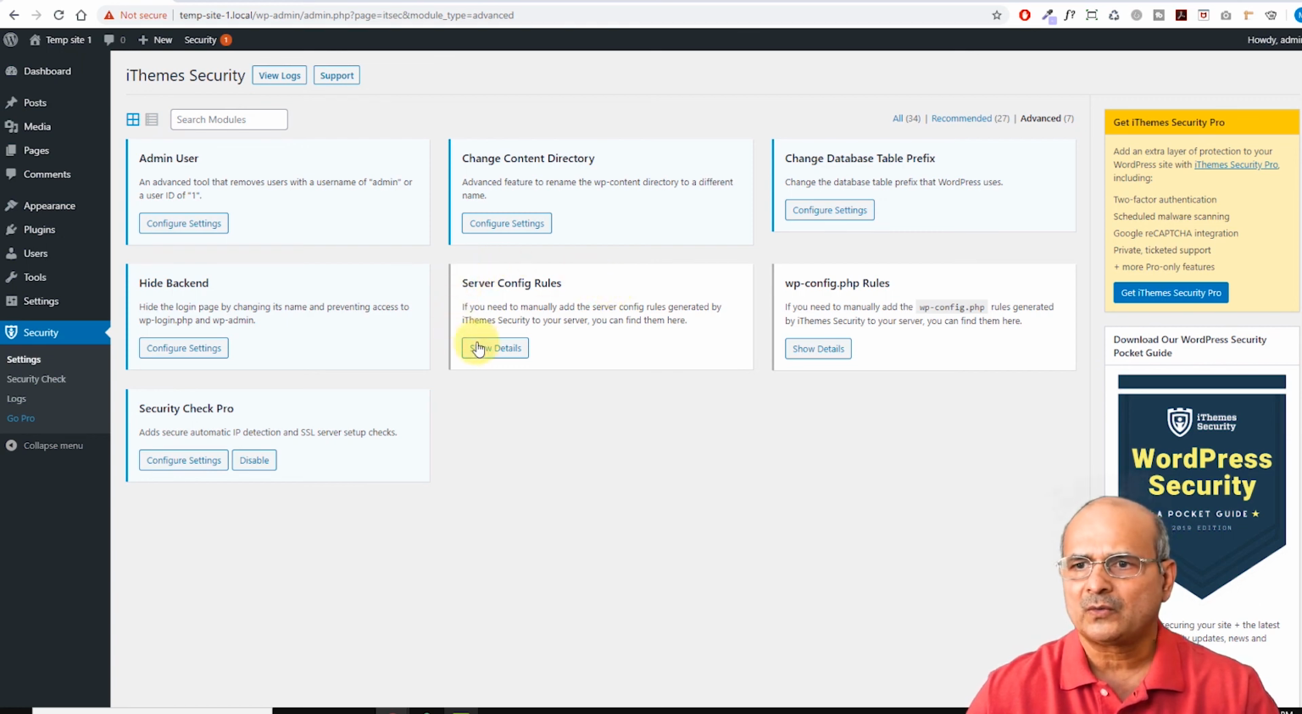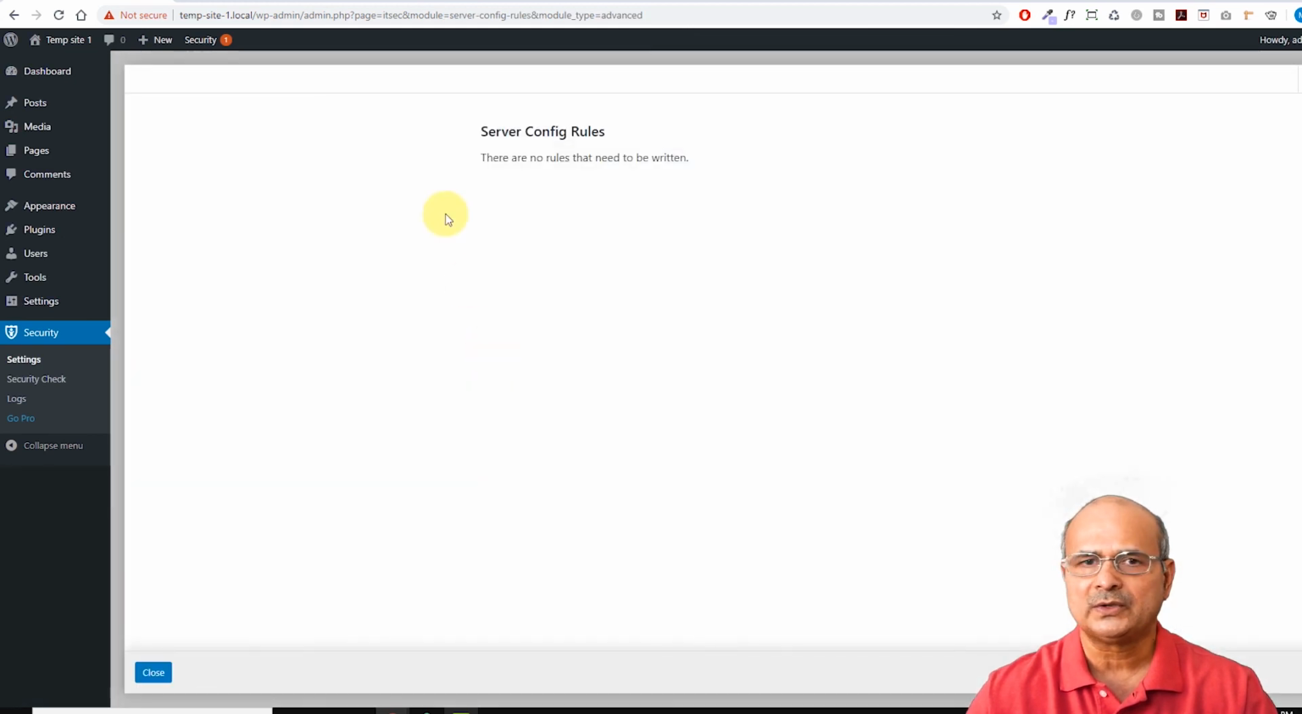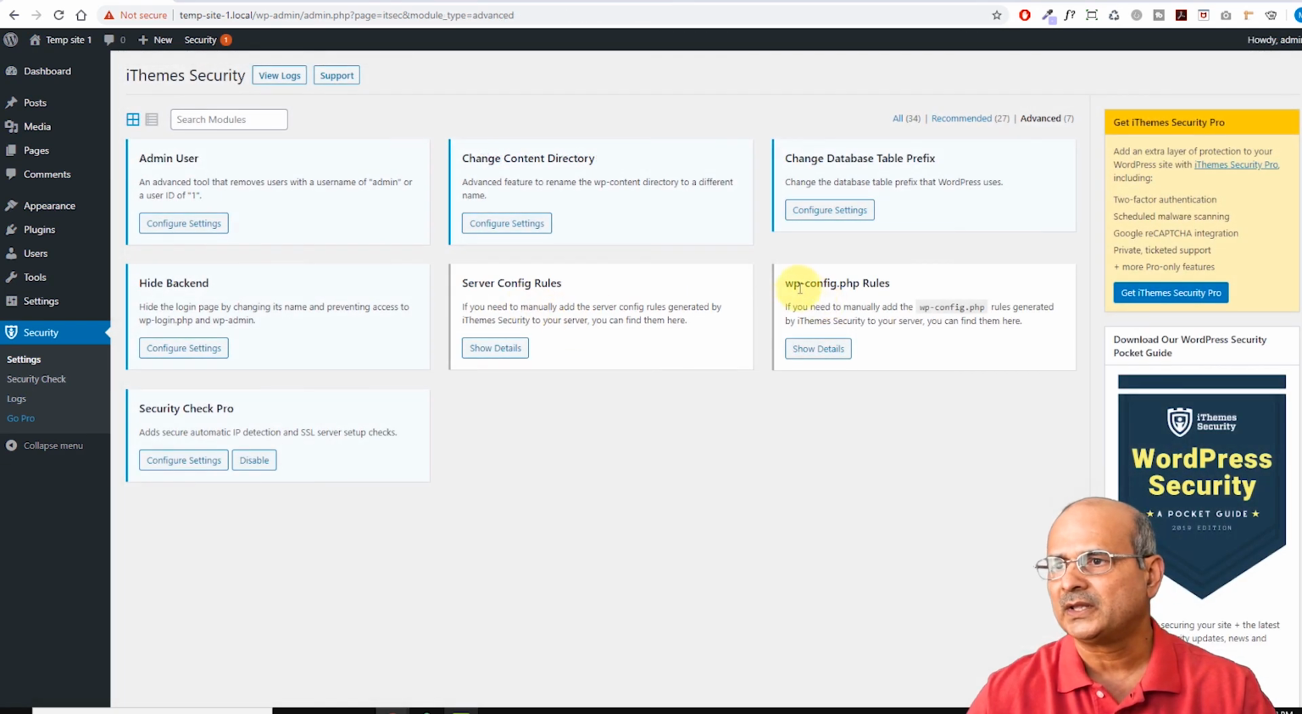This may not be required, but let's go through. Sometimes iThemes Security generates some scripts which have to be added into your server side, which you have to go and add in manually. If you look into that, there's nothing which you need to write into your server side. So this is okay. Then the next one is the